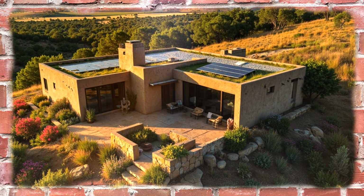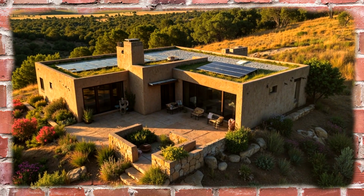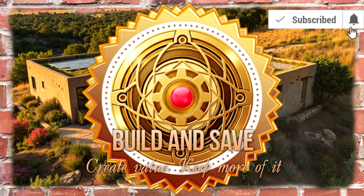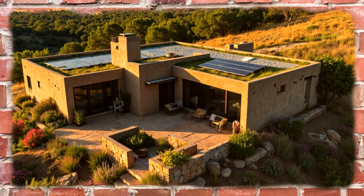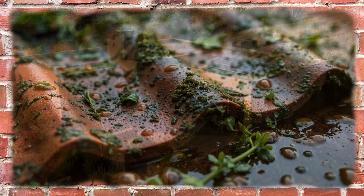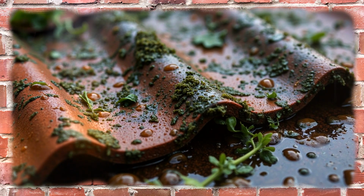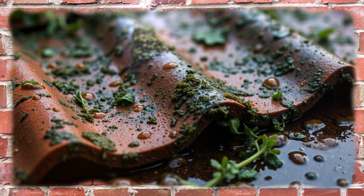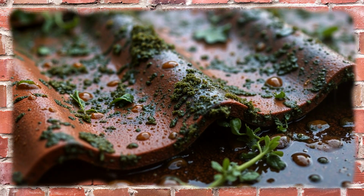Eco-friendly building materials, myth or reality? Imagine a house whose walls breathe like a living organism and whose foundation doesn't poison the soil, but instead helps restore its health. Sounds like science fiction from the future? Yet such buildings already stand right in the middle of our cities, quietly challenging everything we thought we knew about